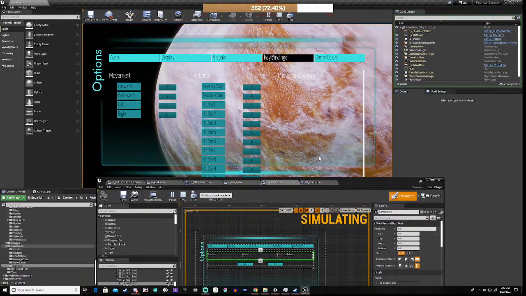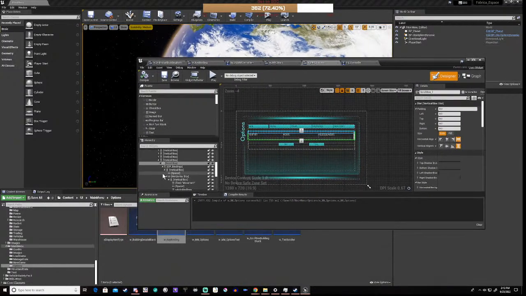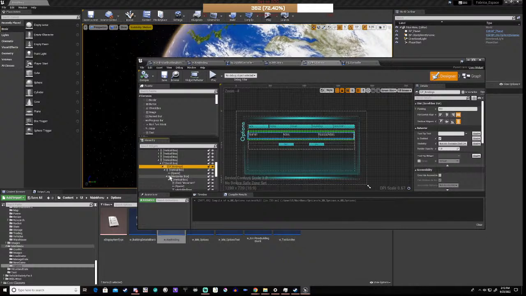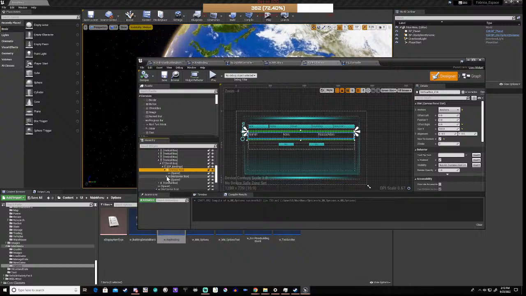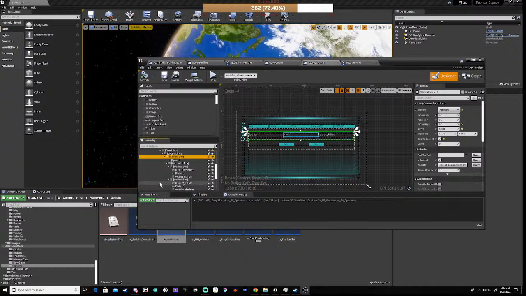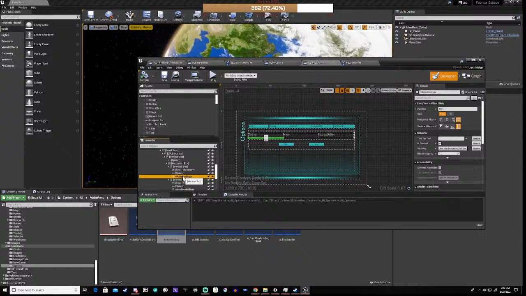Okay, so what we're going to do is we've got this canvas panel, okay, and then we've got a vertical box which is kind of right, and I think what we'll do here is we shall start naming our stuff to the correct thing. Okay,